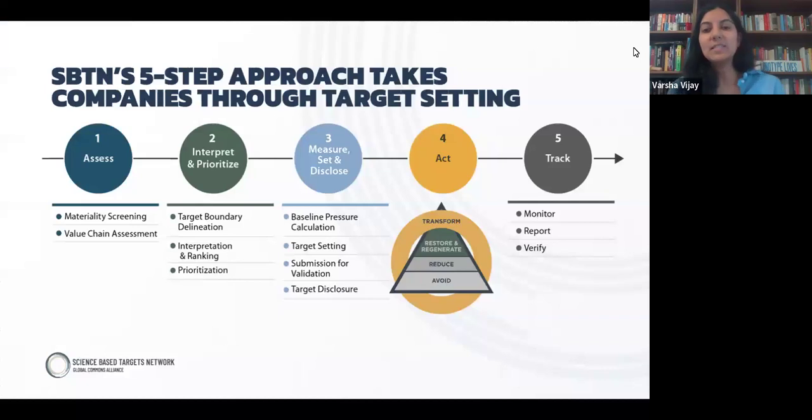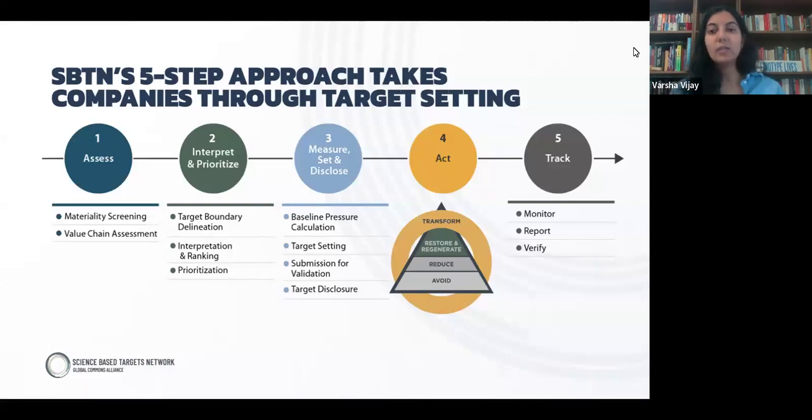To enable companies to set science-based targets for nature, SBTN has designed a 5-step process that builds on existing corporate practices. This process takes companies from assessing their impacts on nature throughout their value chains in step 1 to identifying what parts of their business and which locations they should prioritize in step 2, to setting targets in step 3, to then implementing actions to meet these targets in step 4. That means first avoiding and reducing pressures where possible, but also investing in restoration and regeneration where impacts have already